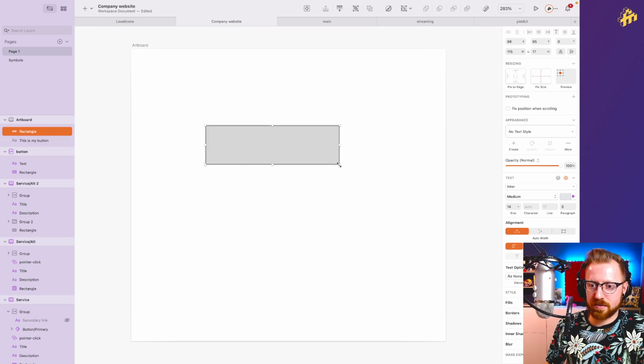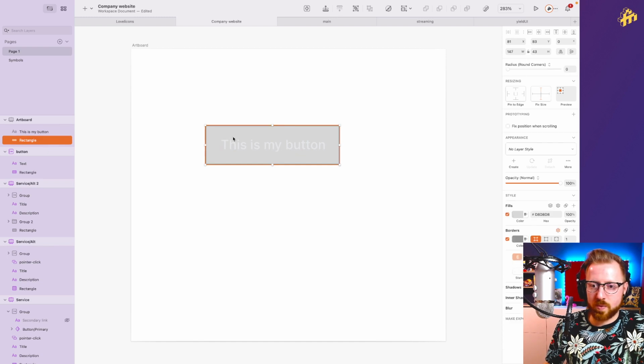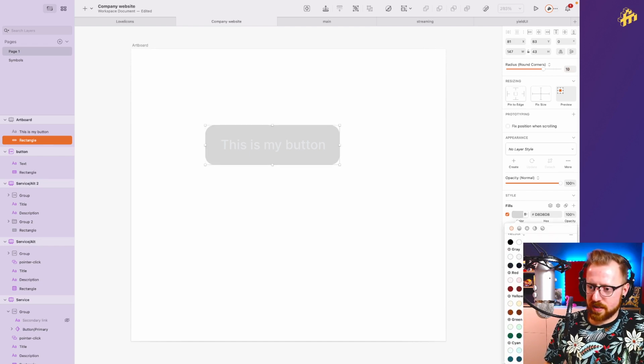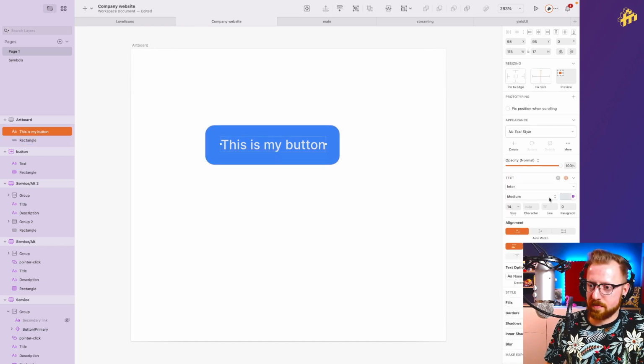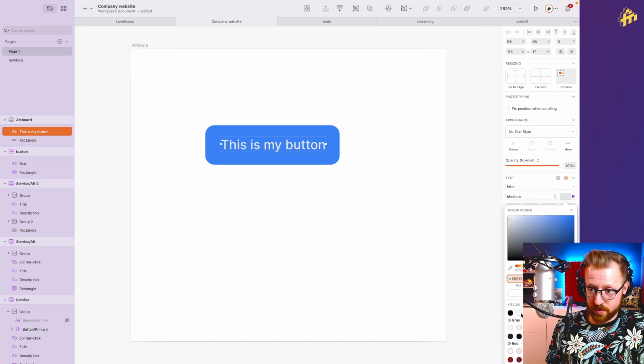Draw a rectangle around this, change the order around, and you're going to see why this is cool in just a second. So let's give this a border radius, remove the border, give it a nice blue color, and text can be white, let's say white. So on the one hand,